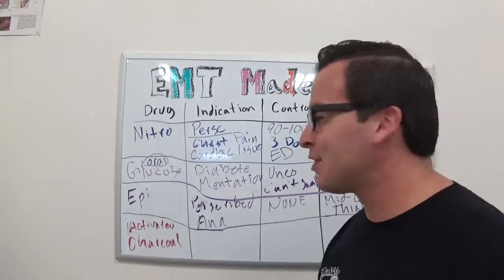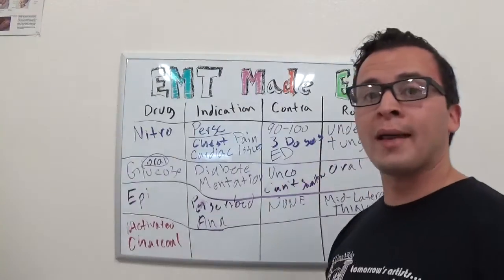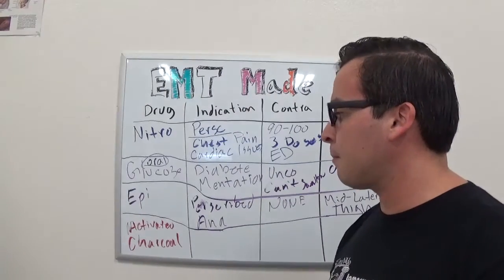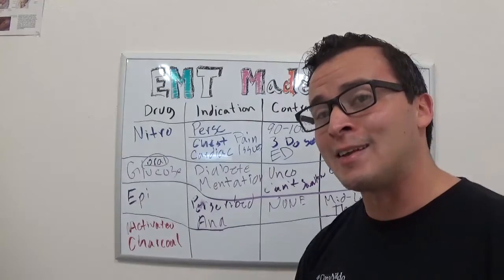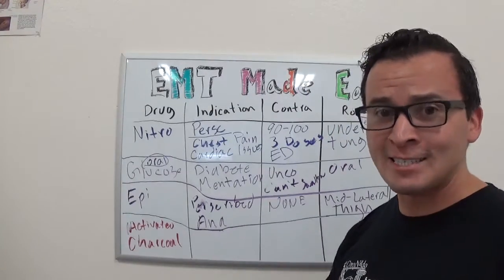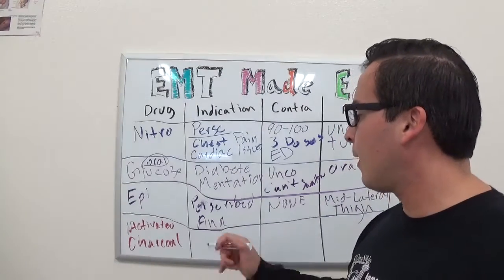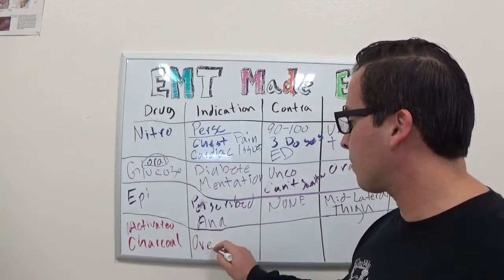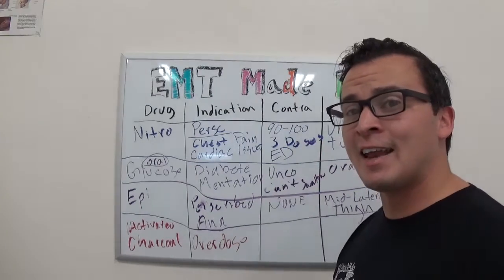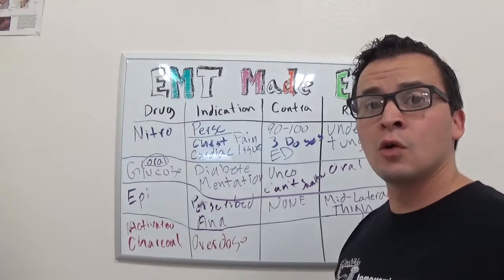So activated charcoal. Usually you give this drug to people that are going through an overdose. Primarily medications, like an overdose of medication, some kind of drug, they ingested something. That's when you give it. So an indication, overdose. Contraindication, or when you would not give it: